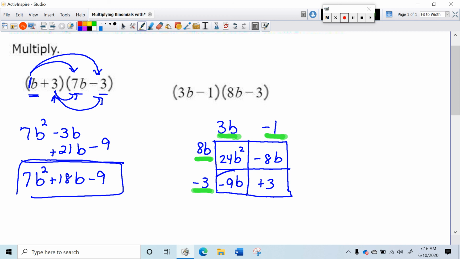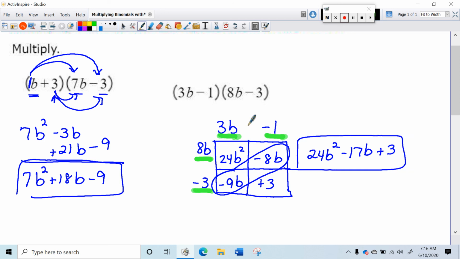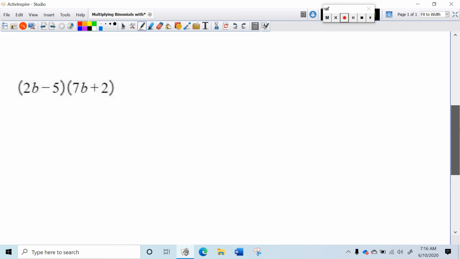Now when you do this, the two middle terms, see how they are both b's? They're going to go together. So my final answer on this is going to be 24b squared minus 17b, because I have negative 17, plus 3. That's the answer. So the first method is the distributive property. The second method is the Punnett square. Third method,